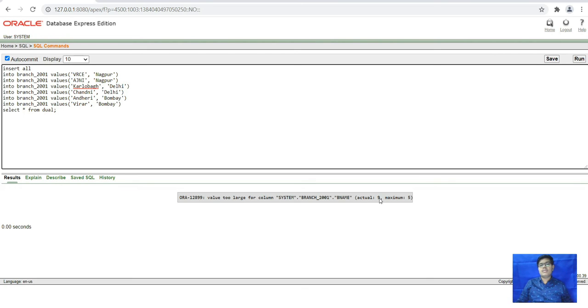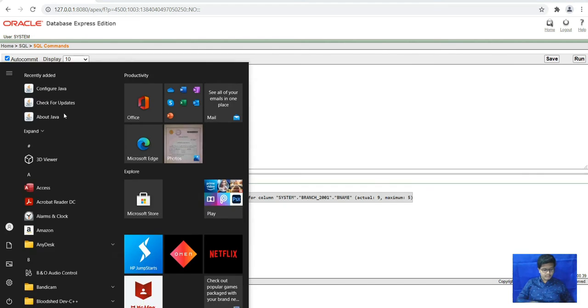Here is some error, that is value is too large for column, that is of a branch, and actual having 9, but that is of 5. So we have to alter the table now. So we will alter the table.